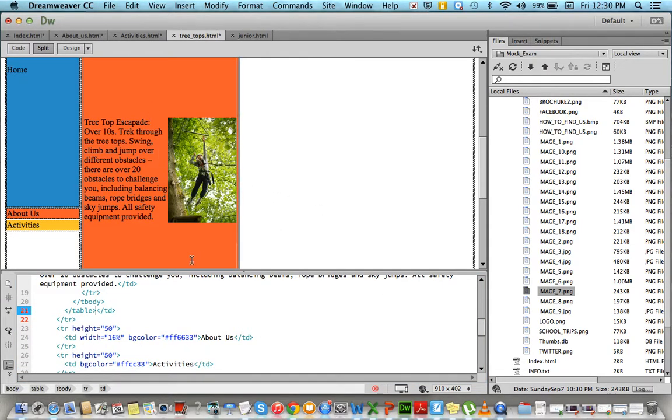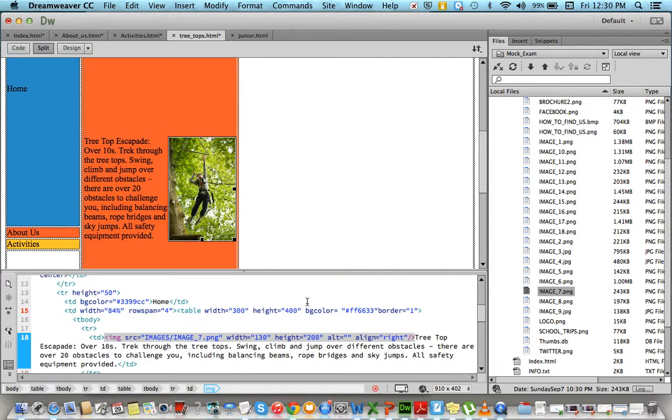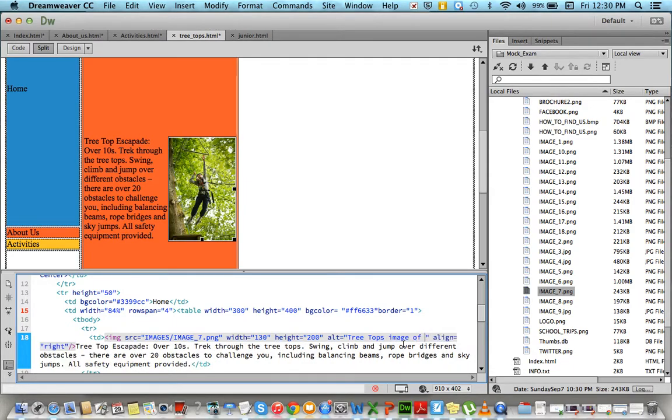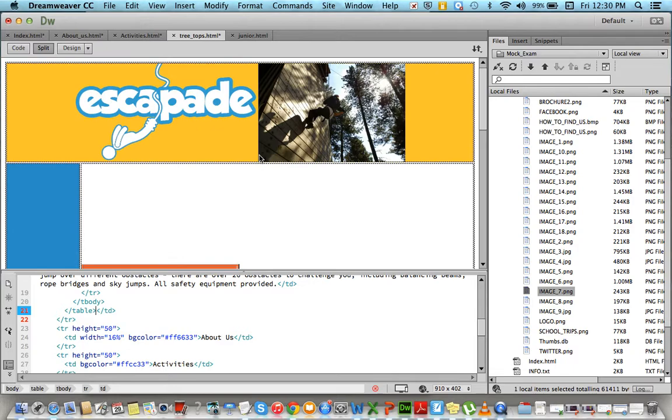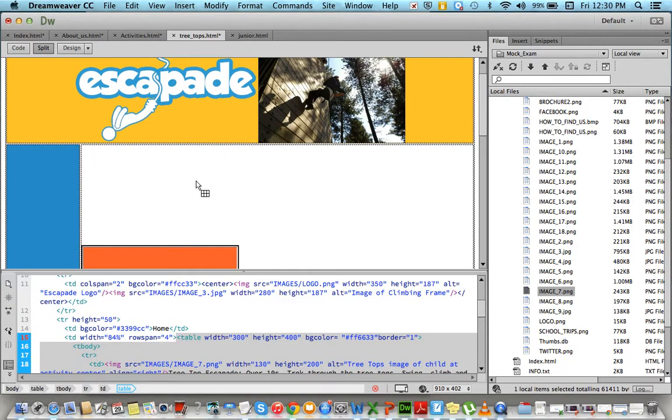Now we have the wrap effect that's occurring, and also I want to add the alt text in there. So this is the sort of thing that we're looking for, and obviously all I want to do is